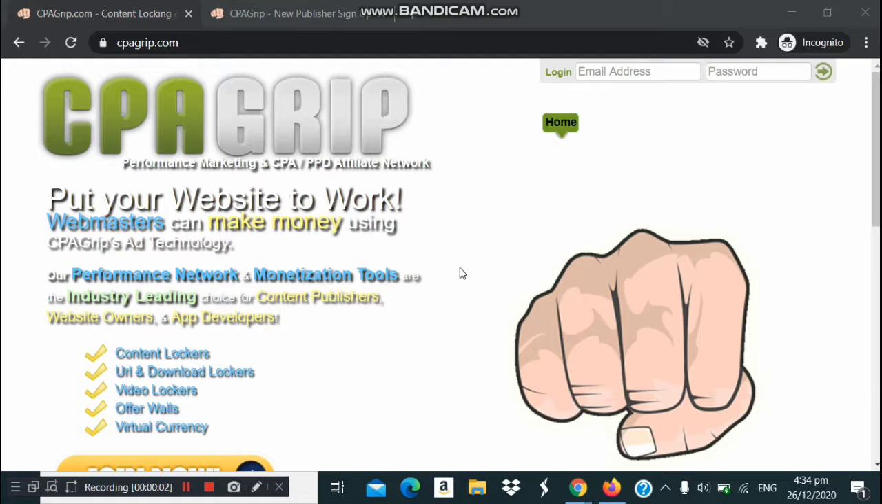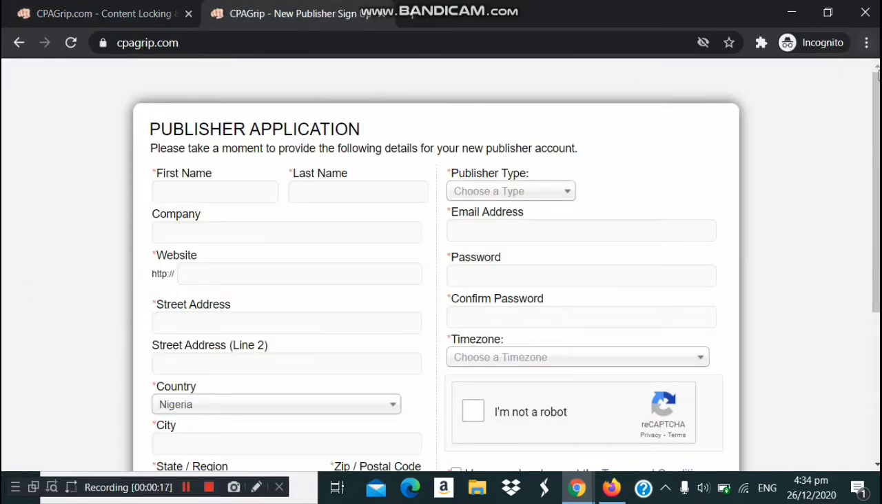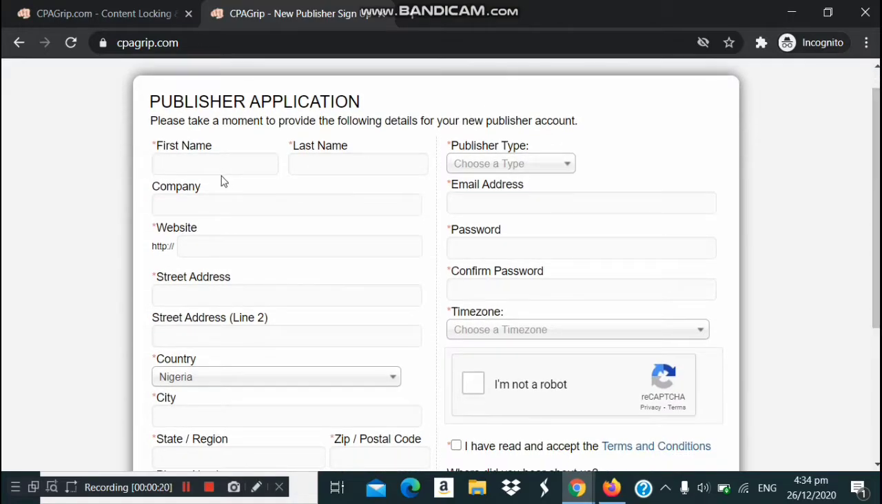Firstly, come over to this website called cpagrip.com. If you are new here and you don't know how to register, when you come over to cpagrip.com, you have to scroll down and tap on the join now button. Then you'll be brought over to this page. So you have to fill in your actual first name, last name. Company is not necessary. You can just put your name as a company. The website here, you can enter any random website, it's not important. Then your street address,